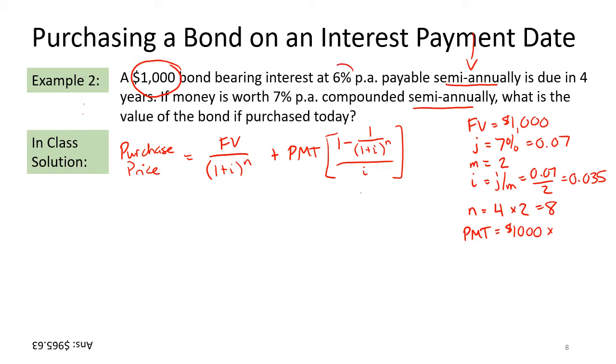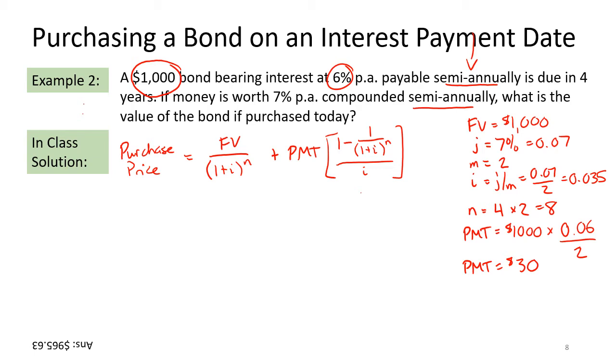So your bond interest rate is 6%, which is 0.06, and you're getting payments twice. So you divide that by 2, because you're not going to get the full 6% each payment, you're going to get half of it, right? Half in 6 months and half in the other 6 months. So if you calculate that out, that means every 6 months, you're going to get a payment of $30,